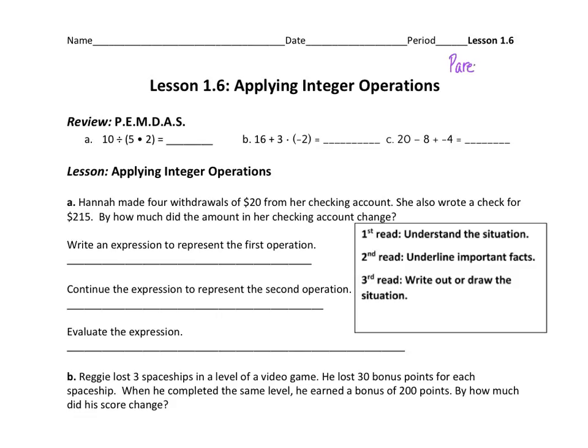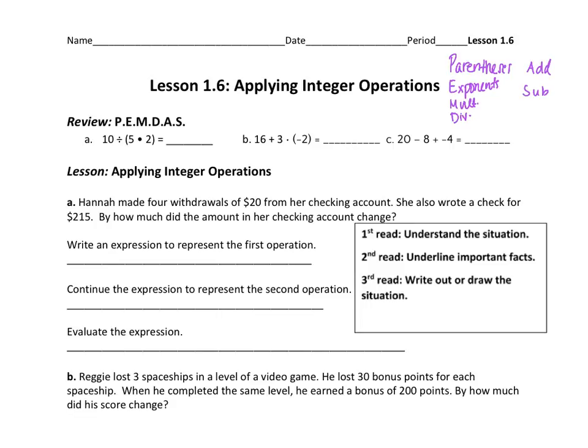P is parentheses. E is exponents. M is multiplication. I'm not going to write that out. D is division. Not going to write that out. A is addition. I'll write add. S is subtraction. I'll write sub. Good enough. So when you have more than one operation in an expression, you want to